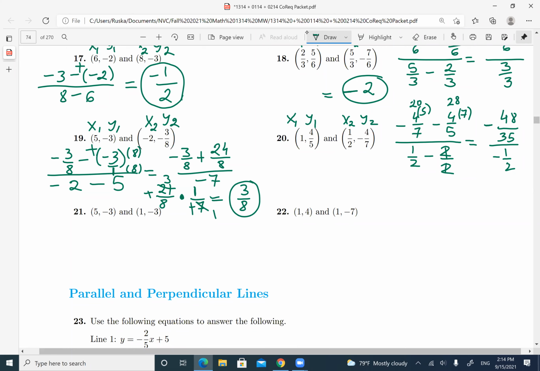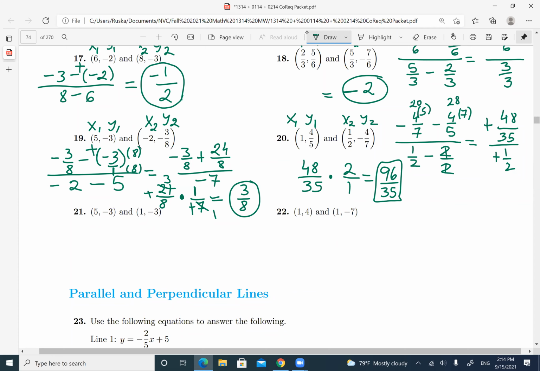And then we're going to divide. When you divide negative, negative make positive. So I just have to divide 48/35. Divide by 1/2 means multiply by the reciprocal, 2/1. Okay, and just multiply 48 by 2, 96/35. And that's the slope, whatever you get. Okay,